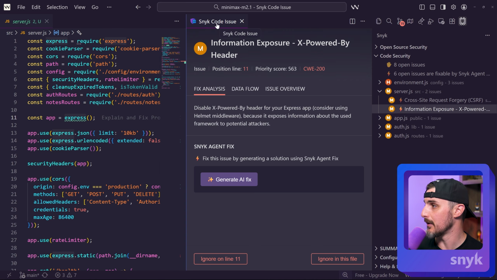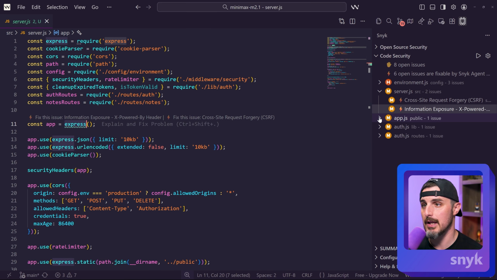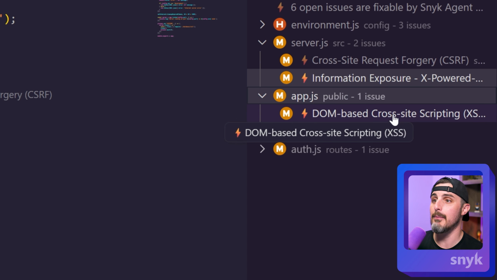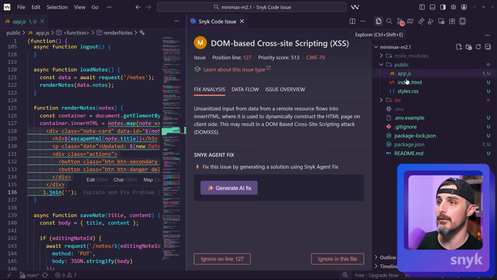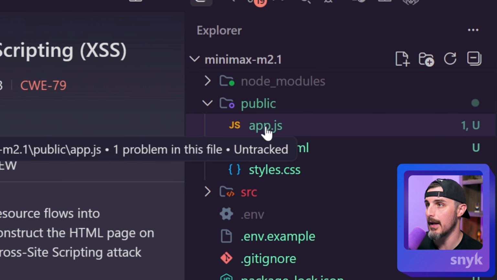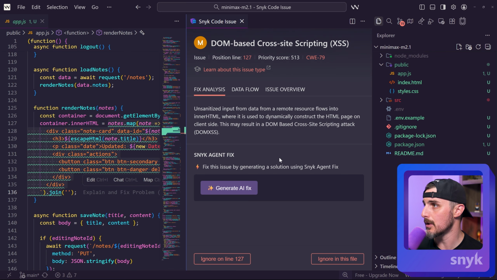It's a pretty simple fix as well, but Snyk is alerting us to that. We have a couple other ones. Oh, a DOM-based cross-site scripting vulnerability in the public file. So on the front end side of things, in the public folder here, the app.js, we have a cross-site scripting